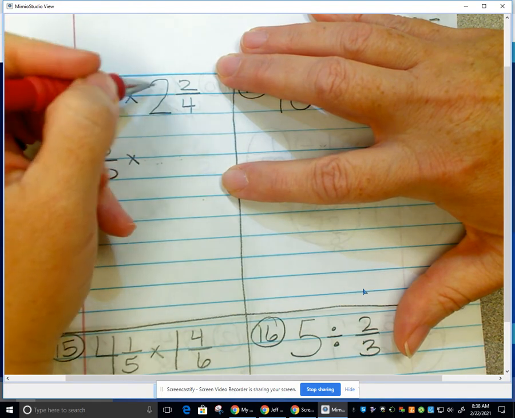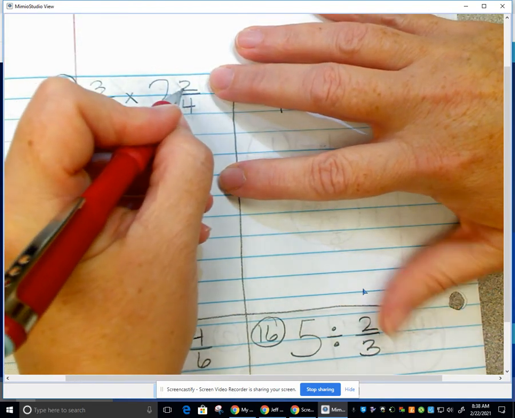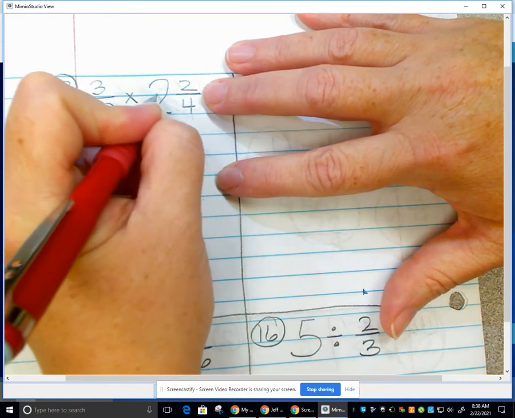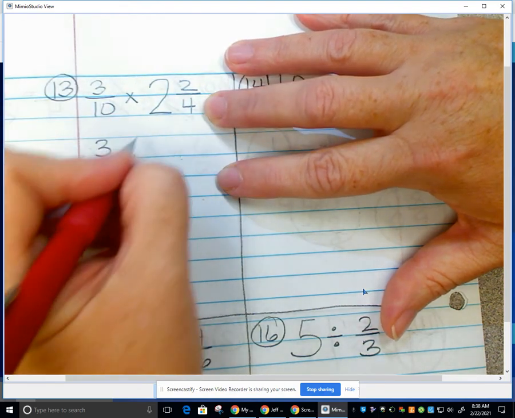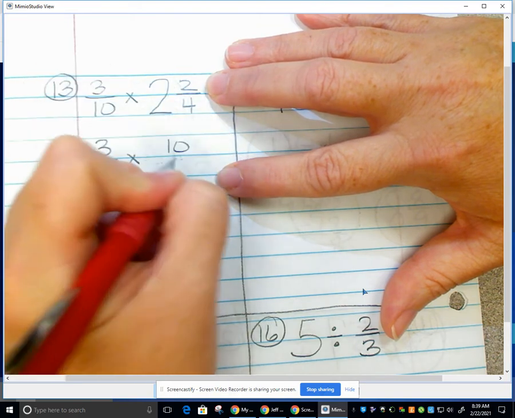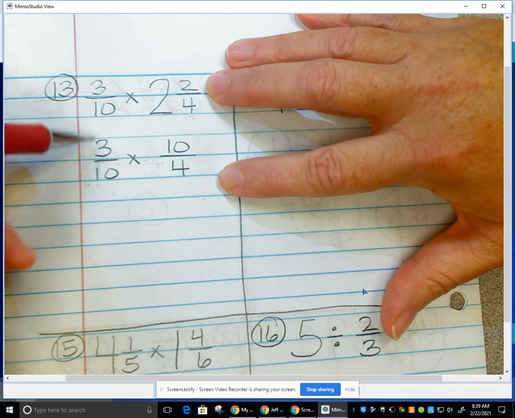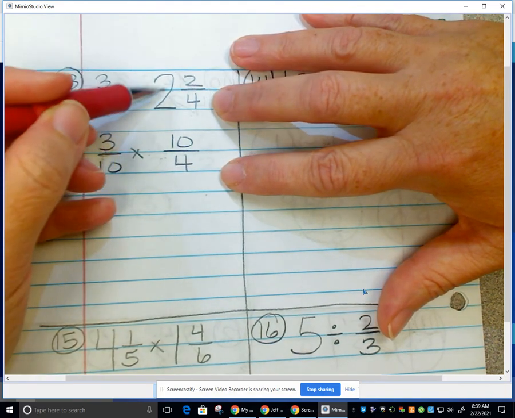But since this is a mixed number, I need to multiply these, add the top, and keep the same denominator. So that's 10, because 8 plus 2 is 10, and keep the same denominator. So this fraction was okay because it was already a fraction, but I had to fix this because it was